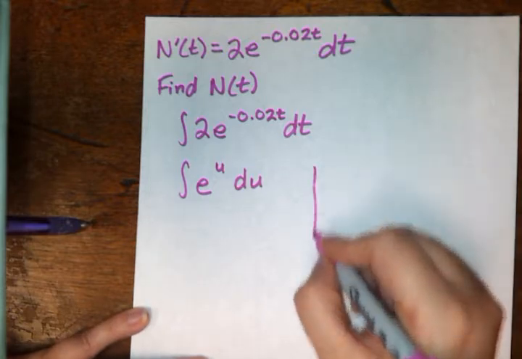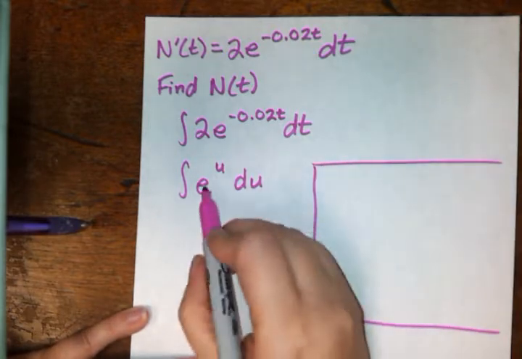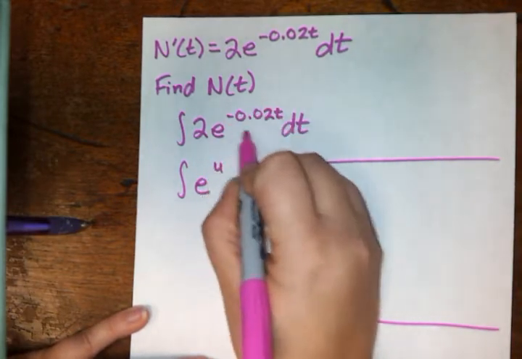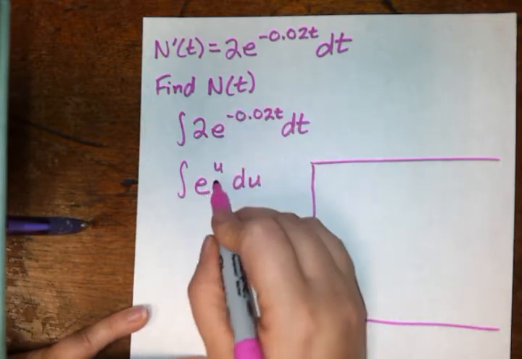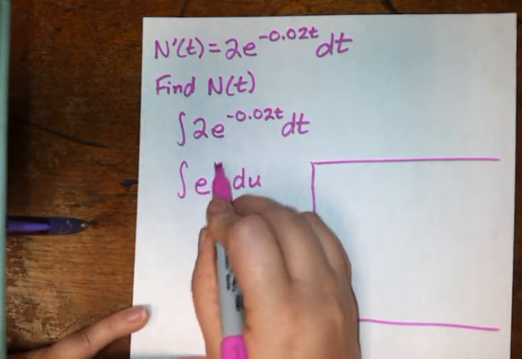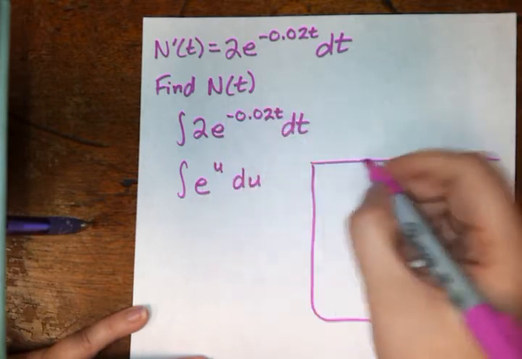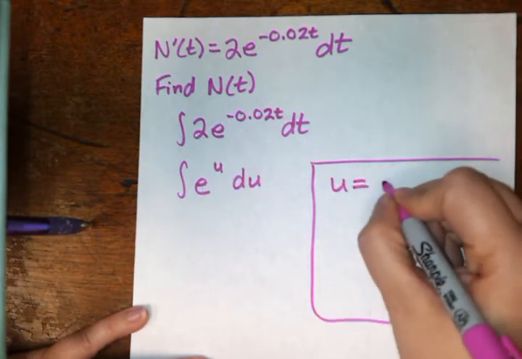I can do that. So let's see if we can manage to rewrite this function in terms of something we know how to do. Well, I said I can do e to the u, so my u is going to have to be whatever this exponent was, right? Because I'm saying e to the u, I want that to be my u. So that's going to be negative